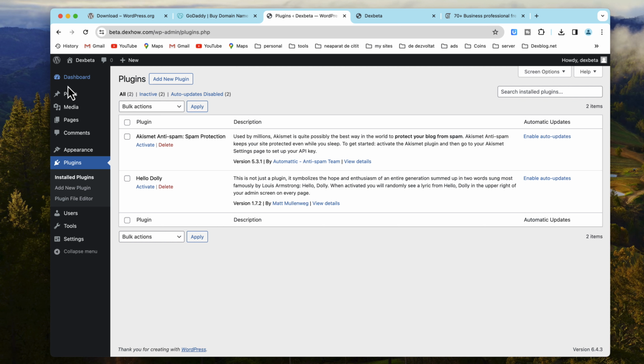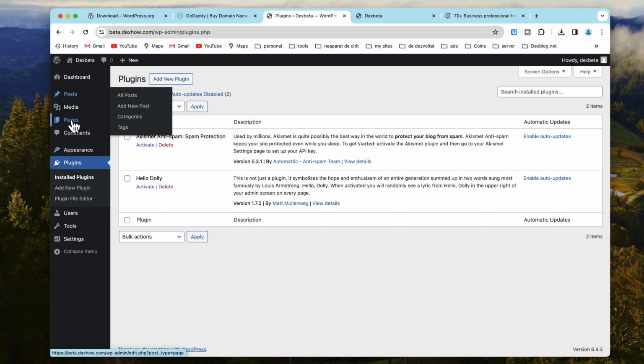Now that you have your WordPress website customized, it's time to start creating content. WordPress allows you to create a variety of different types of content, including blog posts. Blog posts are individual articles that appear on your website's blog page. They can be used to share news, updates, and other information with your audience.